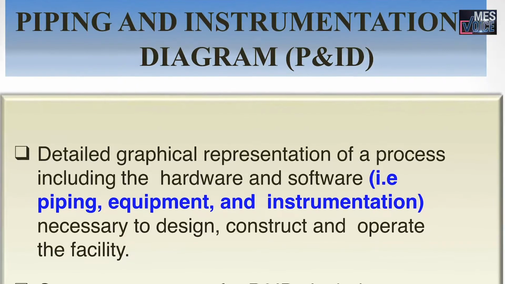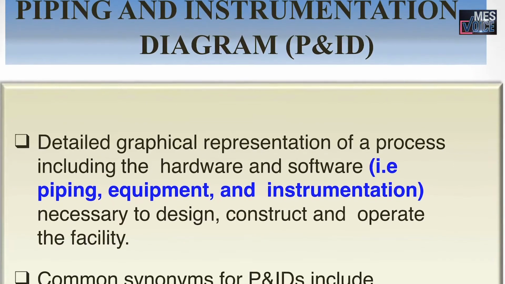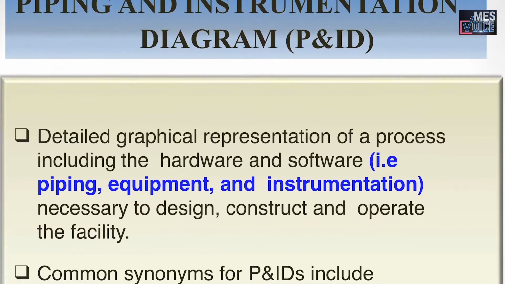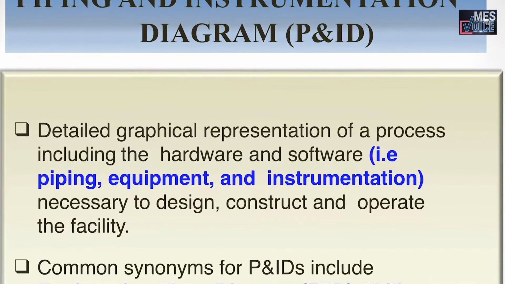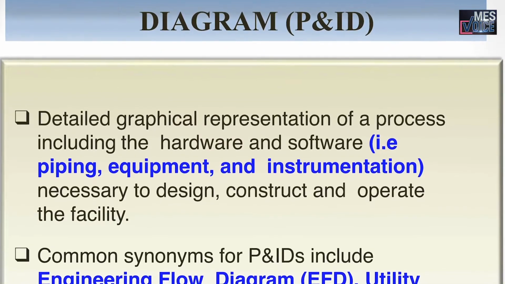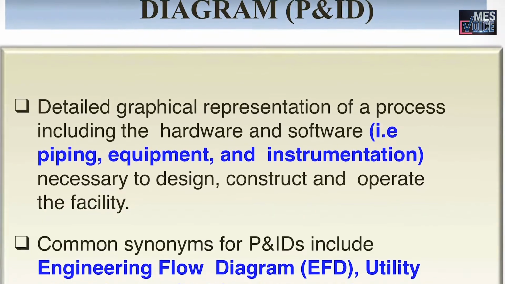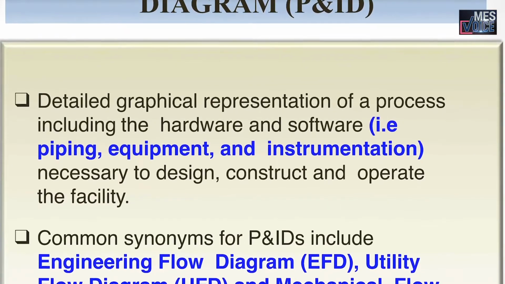As part of e-content learning, today we will be taking up the topic Basic Electrical Equipments. So what is exactly a PNID? It is nothing but the graphical representation of a process that might include both the hardware and software references, like the piping equipment, instrumentation mounted, and even the references to the control system, that is PLC or DCS, that is part of the design, construction and operation of a given facility.